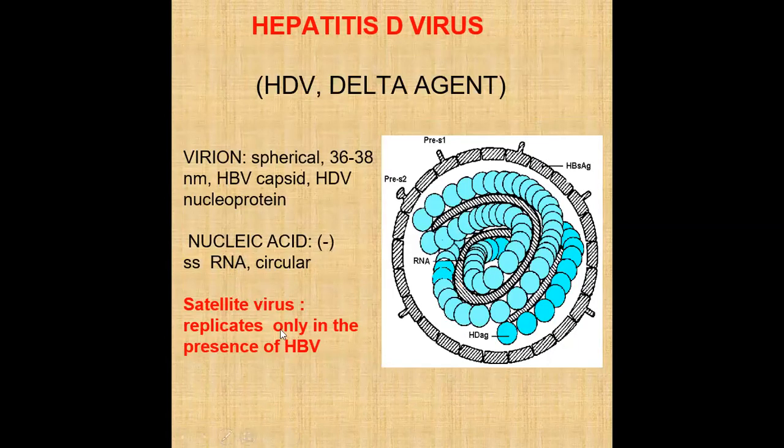And here, hepatitis B capsids are also present along with the hepatitis D. This is the coat present on the external side, which is hepatitis B, and the inner material is hepatitis D. These bluish circular structures that you have to observe are the hepatitis D antigens. And the blackish line on the internal side is the single strand RNA. The replication of hepatitis D occurs only in the presence of hepatitis B.